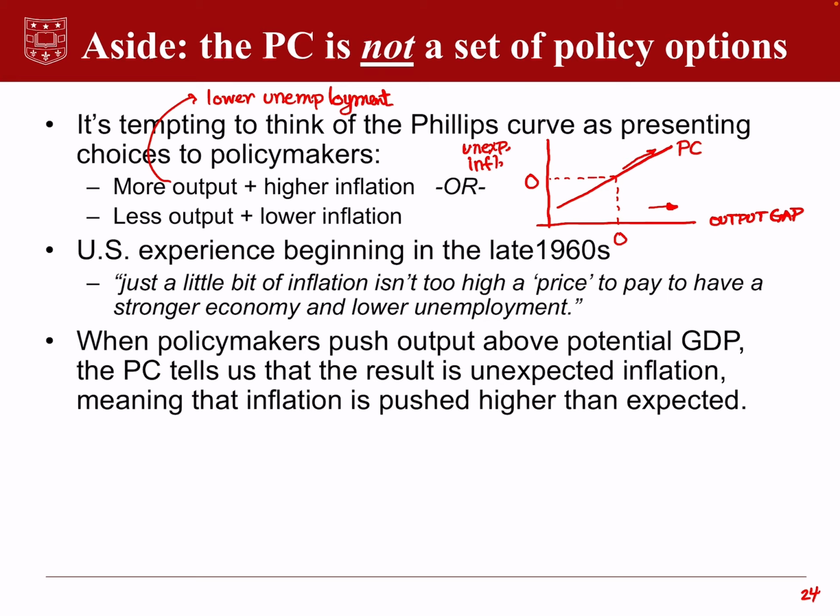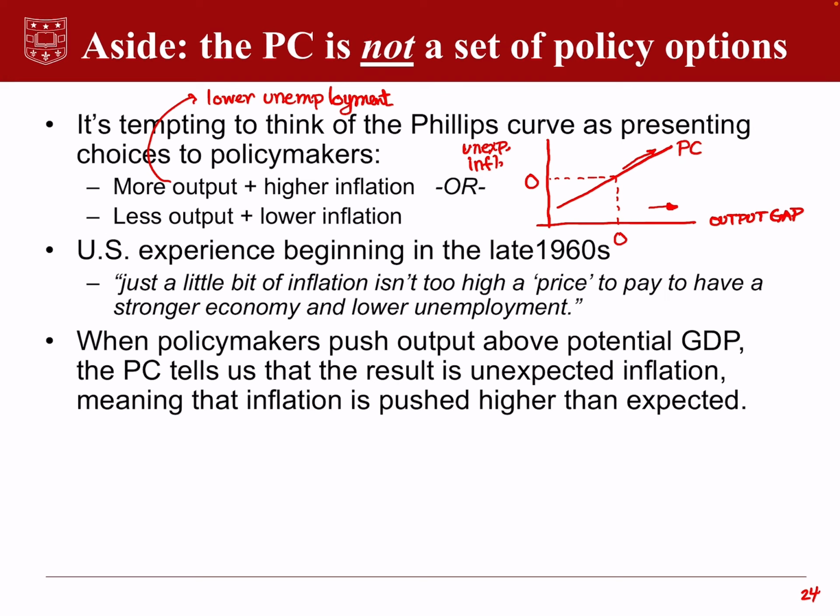But what was painfully learned coming into the late 1960s and the early 1970s, and then exacerbated with energy price shocks in the 1970s, and again at the start of the 1980s, was that you can't have that trade-off last permanently. So when policymakers tried to push output above the potential level, what happened, of course, and the Phillips curve